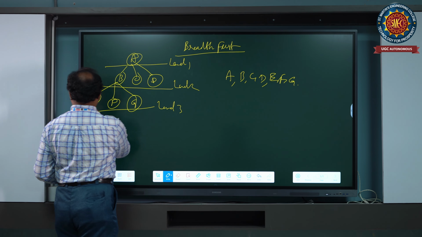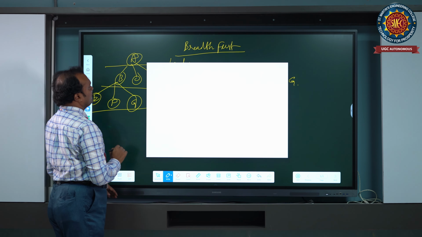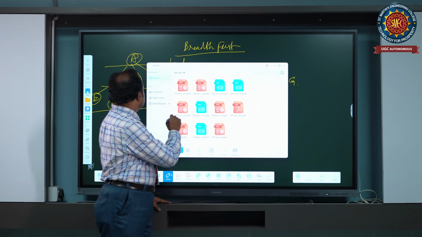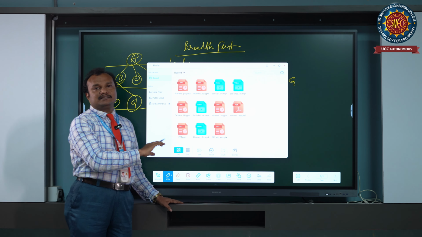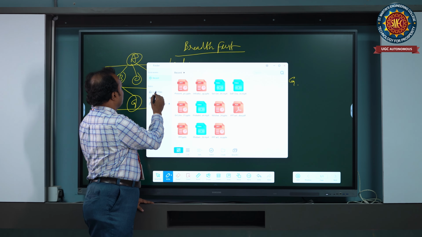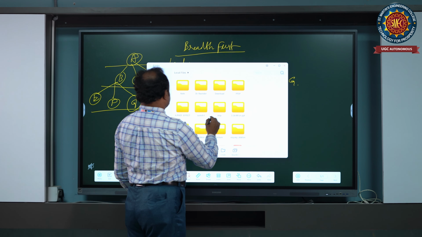Now, I will demonstrate all these types of traversal with the